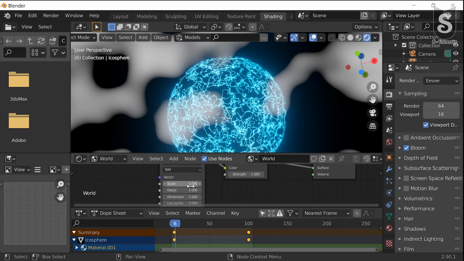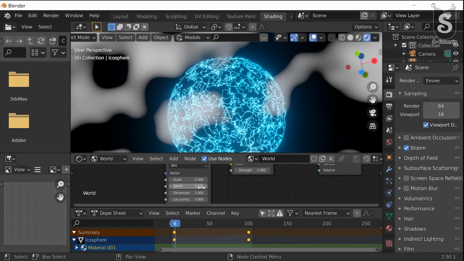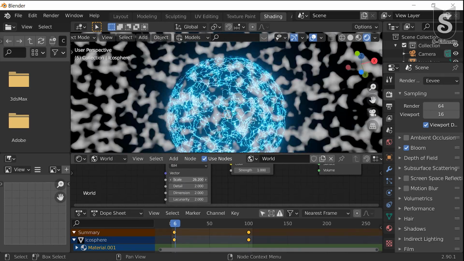We can also animate this property, by adjusting the scale of the background.